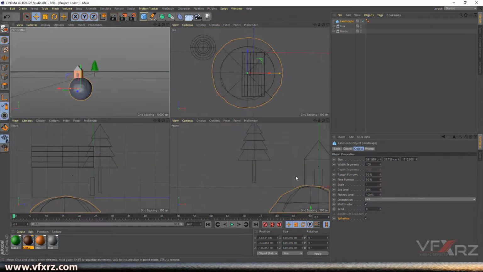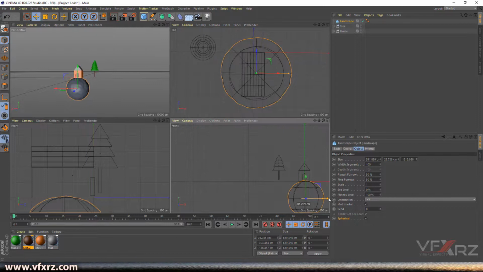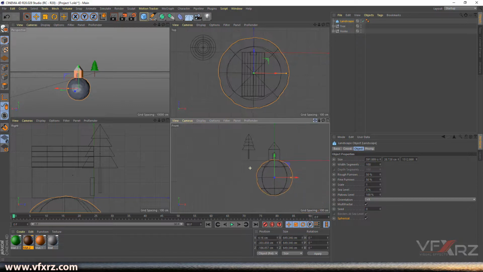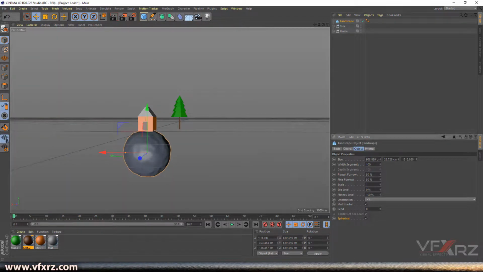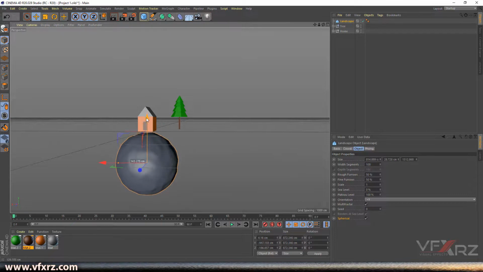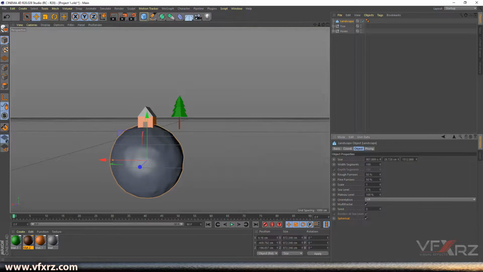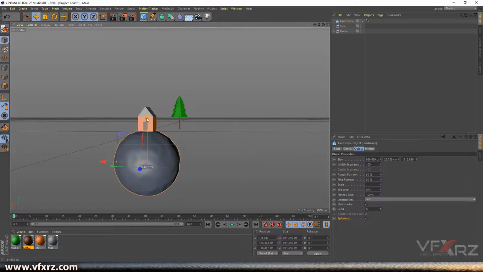Again here for adjusting better, use this front view, and top is okay. I think should increase that size. Maybe here is good. And then from here a little decrease